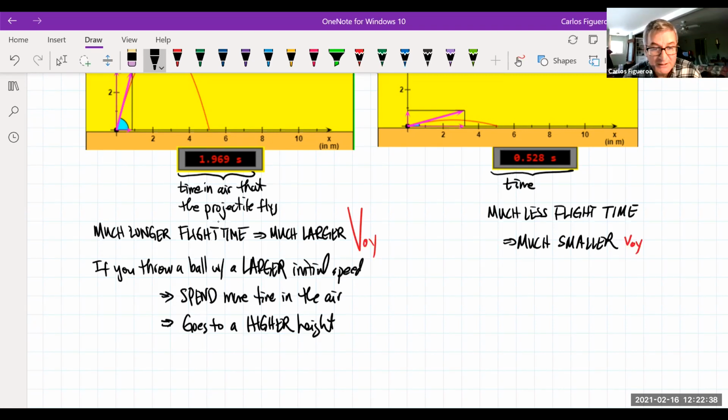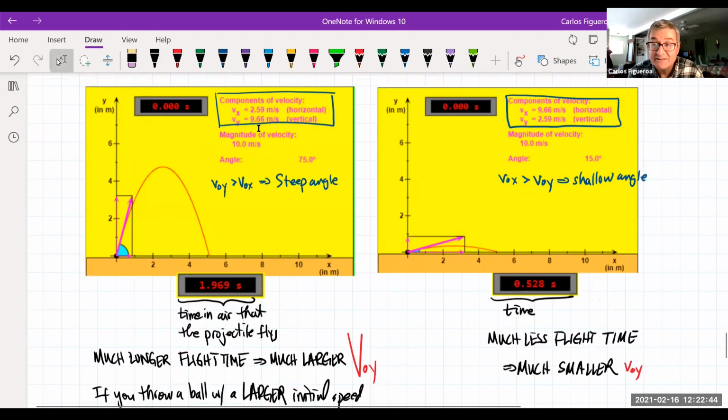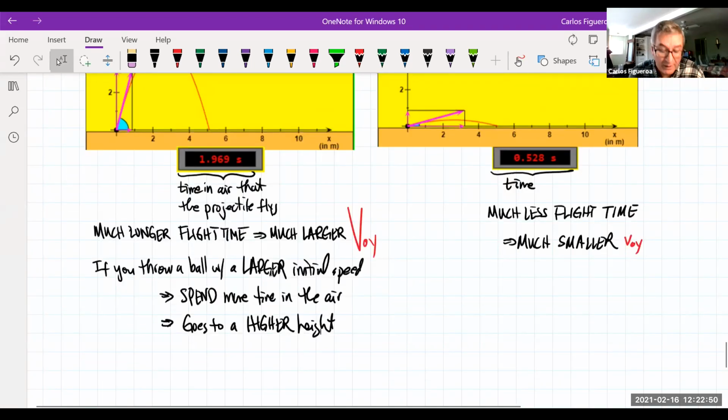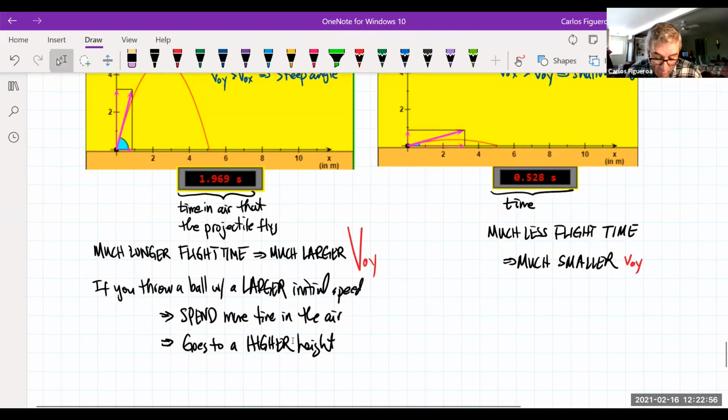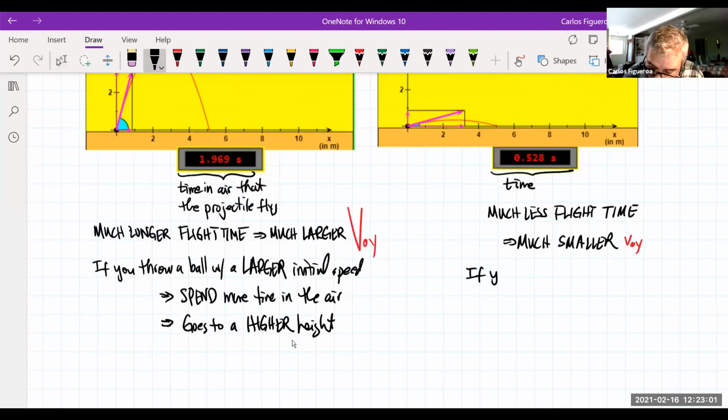That shouldn't be a surprise to you. But that's exactly what this steep angle is telling you. Because I have a higher initial velocity in the y direction, I've thrown it harder in the y direction, which means it's got to be in the air for a longer amount of time. And of course, it's going to go higher. Whereas if I do the opposite here, if you throw a ball with less speed,